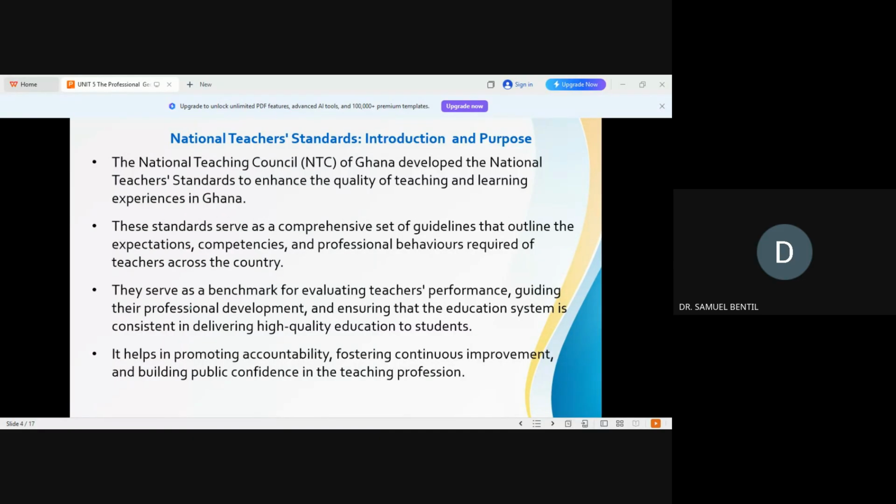Because they could be coming to observe some of these things. They also serve as a benchmark for evaluating teachers' performance, guiding their professional development, and ensuring that the educational system is consistent in delivering high-quality education to students. And it also helps in promoting accountability, fostering continuous improvement, and building public confidence in the teaching profession. So now let's look at what entails in the